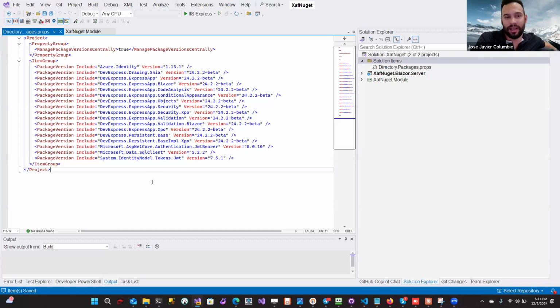Definitely an improvement. I think that it really helps you in the management of all your packages and all your references. It's a beauty that you only have to change it in one place. We all have been there with a big solution, 12 projects, one referencing one version, the other one referencing another one, and things got chaotic, and then you do the project convert and it didn't go and change all your files,